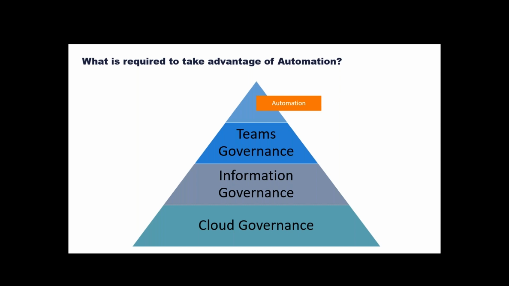Exactly. And I think if you look at all of the evidence that supports automation as a means for making organizations more agile, more efficient, more cost effective, it's a no-brainer. And if you ask yourself the question, why is everybody not getting this right? I believe the reason is because it's very difficult to build automation on top of an incorrectly governed cloud platform.